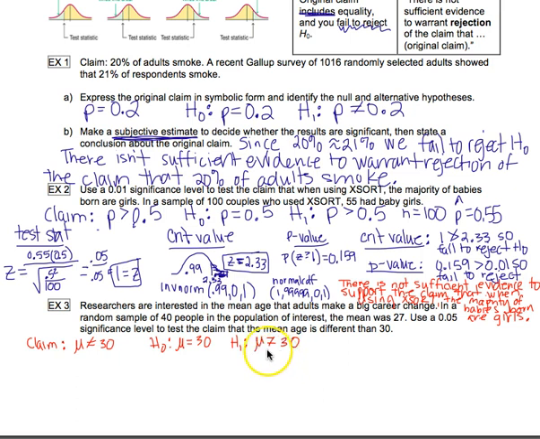So now I'm going to go through, and again, you don't have to do both every single time, but on ones that don't specify which method to use, I would rotate. Use the critical value method for some of them, use the p-value method for some of them. Here I'm going to show you both again. So our test statistic in this case,